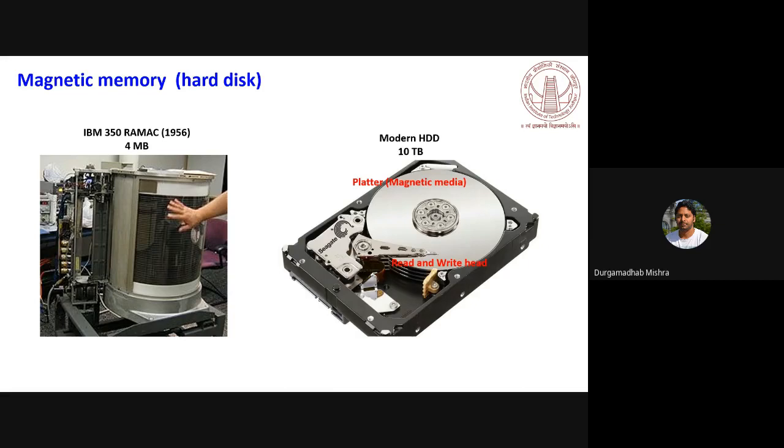So on the left, what you see is the IBM magnetic drum, which they used as a hard disk. It is again very similar to what we have nowadays, like a disk, but it is a longer version of that. Again, it is a metallic part which is coated with some magnetic materials.